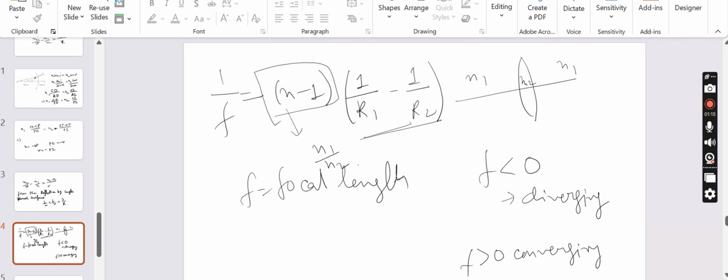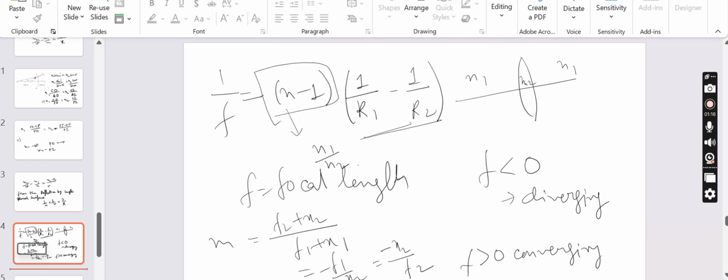And how the image is created, you have known. So the lateral magnification can be written as (f2 + x2)/(f1 + x1). It can be written as -f1/x2 or -x2/f2.